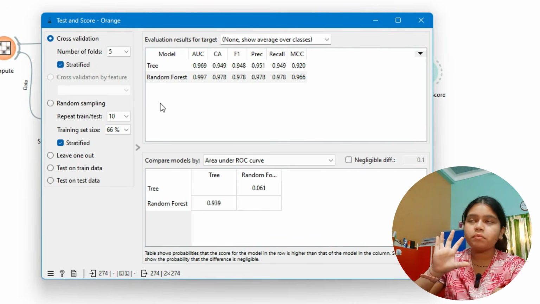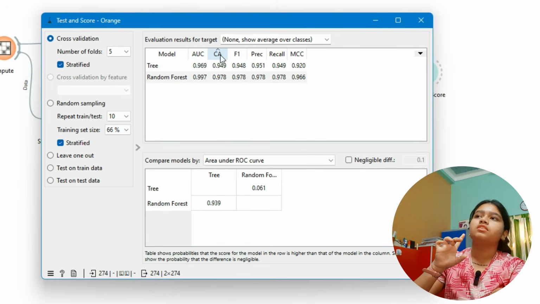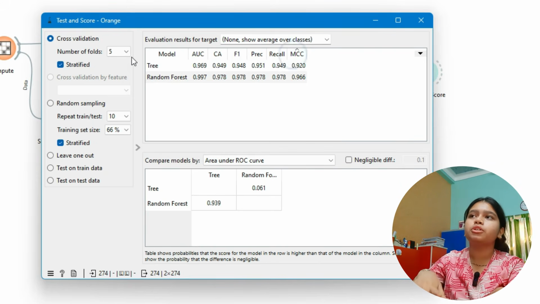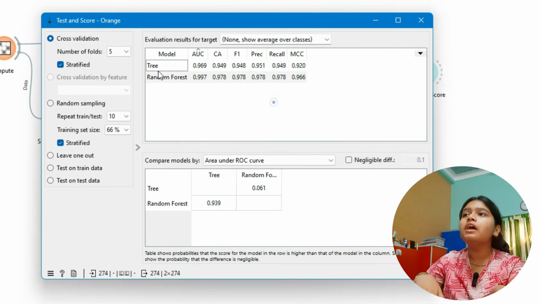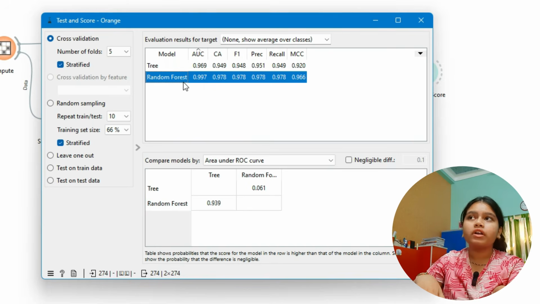are certain classification metrics, right? So this is classification accuracy for this one. Okay, and then you have F1 score, your precision, your recall. Okay, you have a correlation. So for tree model, this is your score for accuracy, for F1, for precision, for recall, and for random forest model, this is your